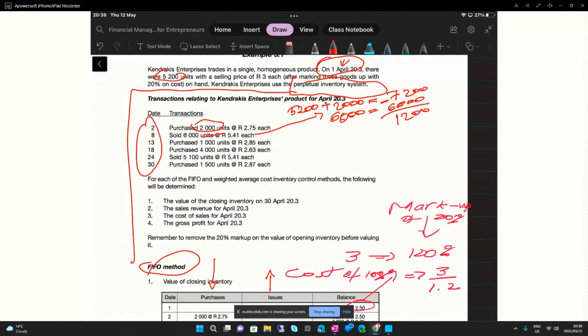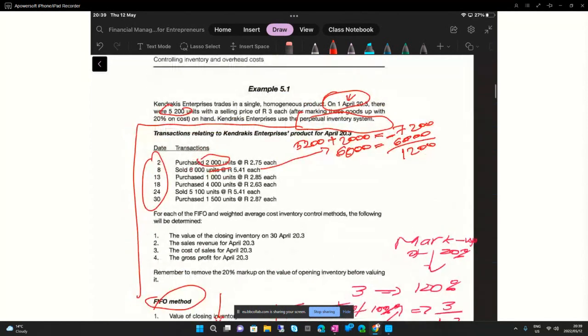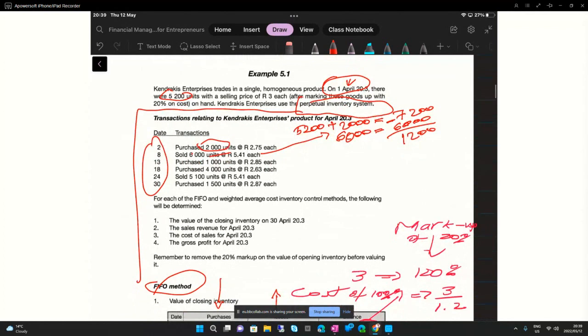The periodical is a period, perpetual is all the time. So the stock take on a periodical system is taken at a particular period, but the perpetual is